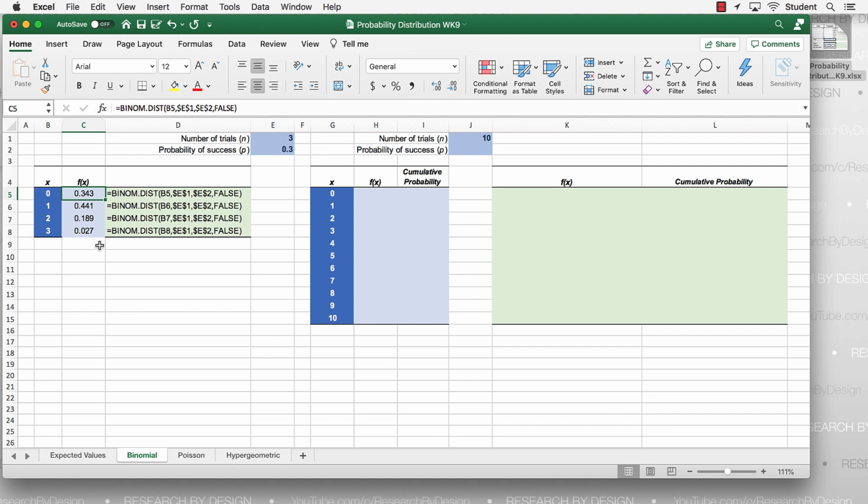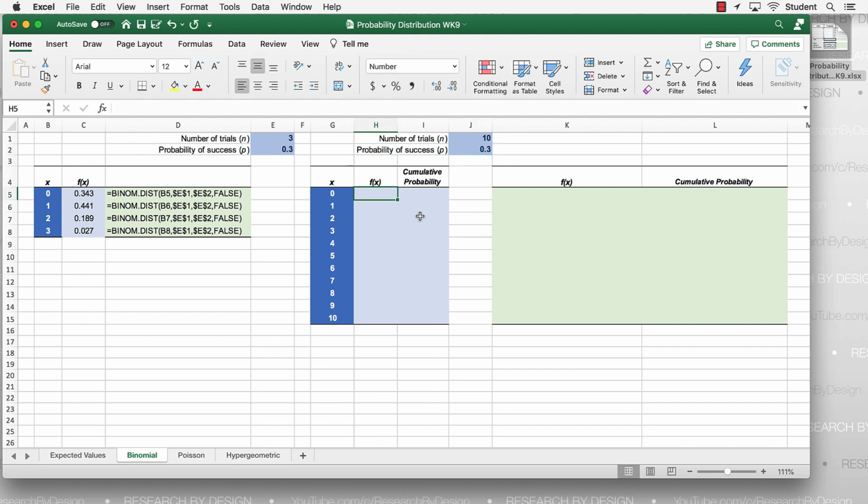It is a 0.343, or the probability for 3 is a 0.027. What if there are 10 customers? Well, if the probability of any particular person making a purchase is still the 0.3, I can fill in my probability table ranging from 0 to 10.